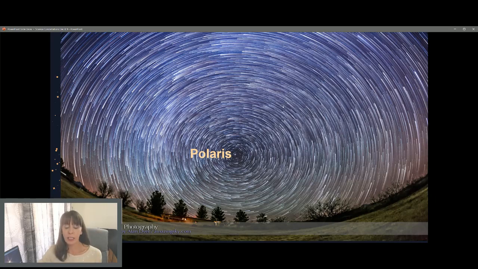To find Polaris, you can find north. You can use a compass. You can get a compass, find north. When you look due north, if you hold your arm straight out on the horizon, like where the sun comes up, flat on the horizon, but looking north, you hold it up, you go up about 8 degrees, you put your fist on top of your other fist, and then put your fist on top one more time, and you should be pointing straight at Polaris. Due north about this high. That's where Polaris is,